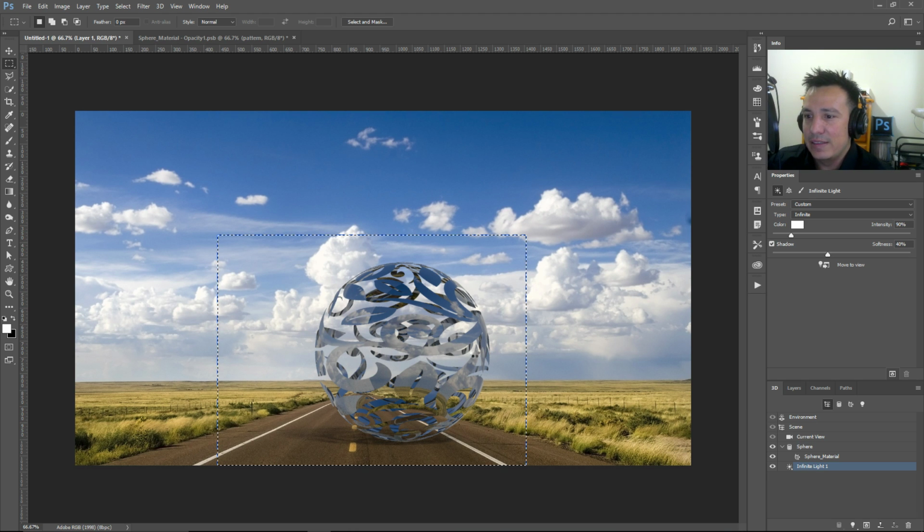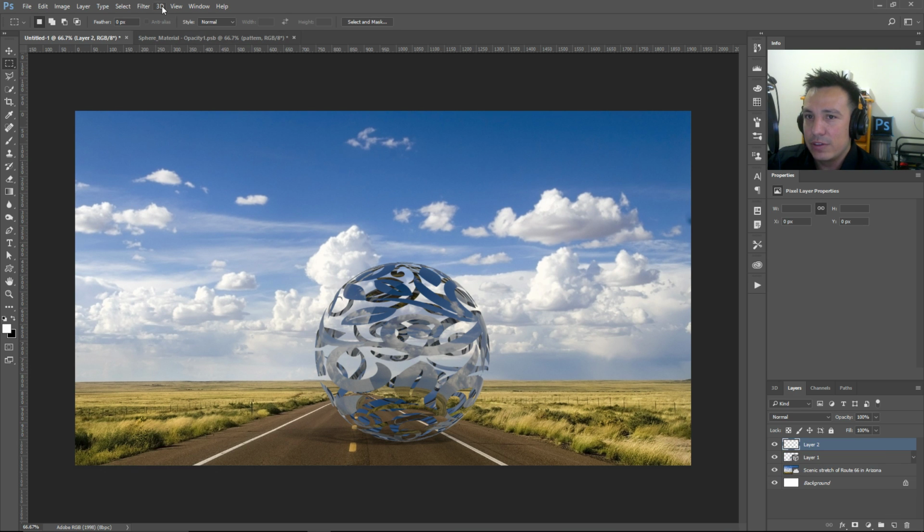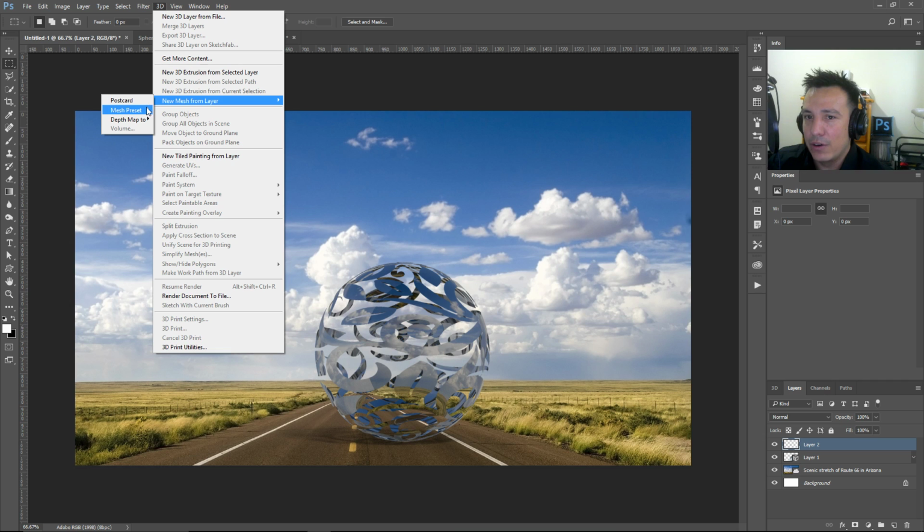So that's the tip I had for you today, using black and white images to create essentially 3D models. So you're using black to hide, white to reveal, much like you would on a layer mask. And of course, this works on all kinds of 3D models, not just spheres. So if I create another layer, go into 3D, new mesh from layer, mesh preset, I can do something like,